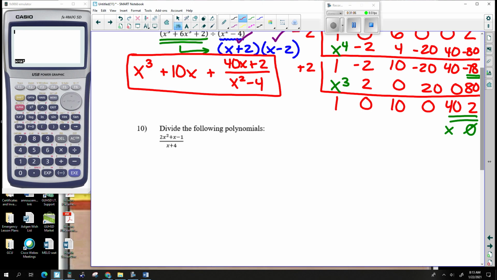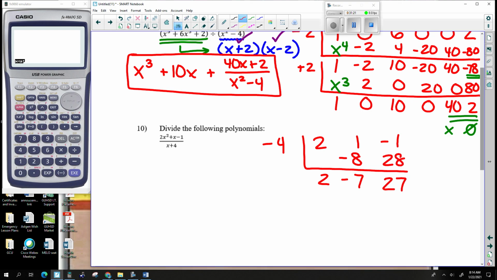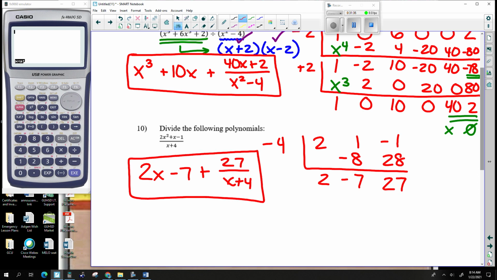All right, here we go. Last one is easy. So the general process is 2, 1, negative 1. X plus 4 means a minus 4. Drop the first, multiply, add, multiply, add. The original problem was an x squared, so our first answer is going to be an x. So that's 2x minus 7 plus the remainder. That is